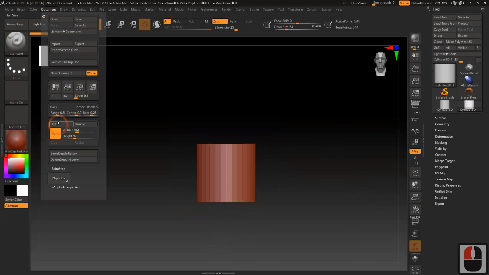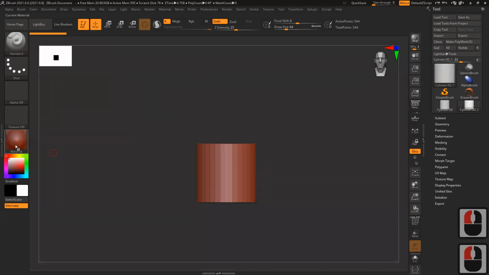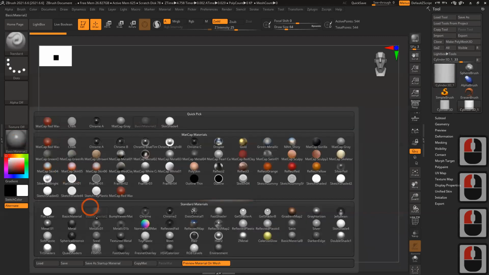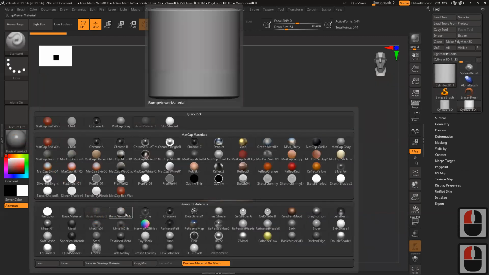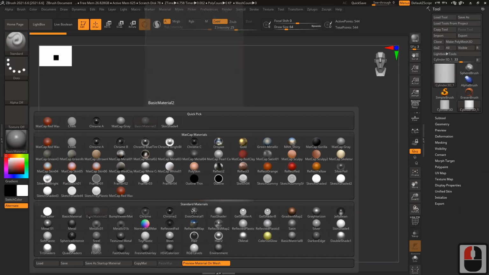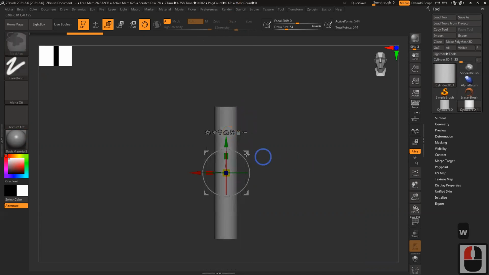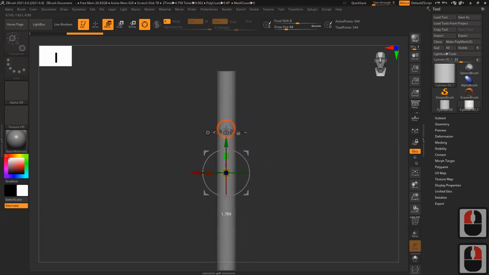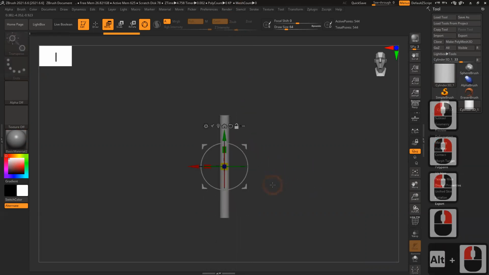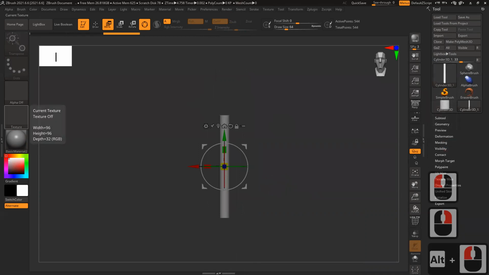And the background, I like it flat gray, and I like to use gray, the second base material, not this bump material. This is an entirely different material. So make sure you select basic material two. Now it's all activated. Press W, press C, W, and scale it down. Sorry, scale it up to get the shape. Now I want to create this shape first.